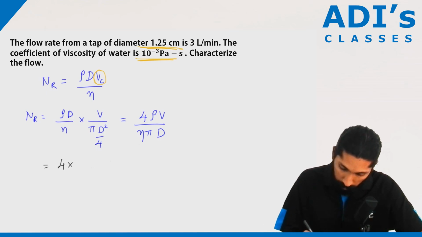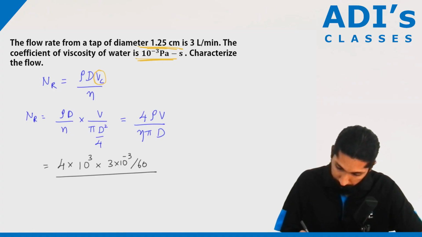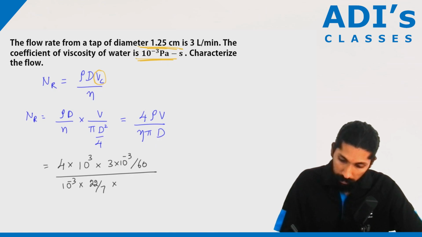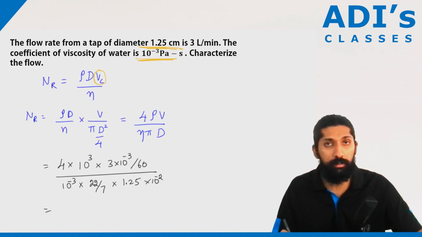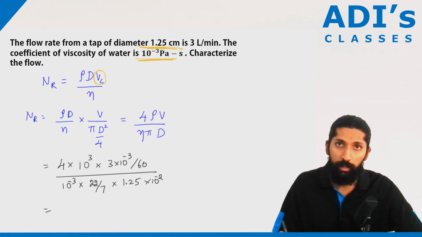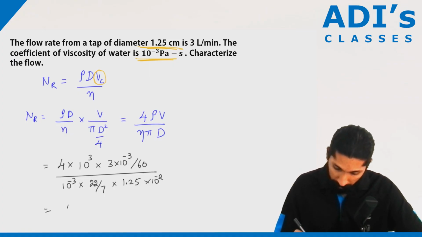So what you get is that 4 into density 10 to the power of 3 into 3 liter per minute, 3 into 10 to the power of minus 3 divided by 60 minute, right? Divided by next eta 10 to the power of minus 3, 22 by 7 into the diameter. See, diameter is 1.25 centimeter, so into 10 to the power of minus 2. Guys, you need to simplify this. This is quite a big number to simplify, correct? Now, once you simplify this one, you will get an answer